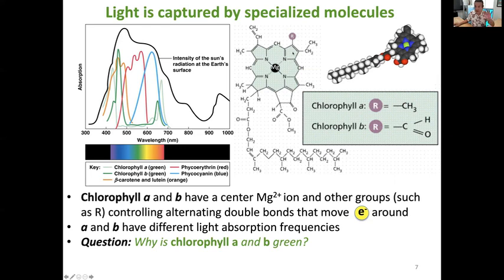So you can see, just like the baseball gloves or prosthetic groups that we talked about that are used by the mitochondrial electron transport chain, right? Chlorophyll is itself one of these prosthetic groups, right? So it has this big structure up here with a magnesium in the middle, right? So magnesium is the metal ion that's used to make chlorophyll. And it has this long kind of tail, this hydrocarbon tail. So here's the structure of it,